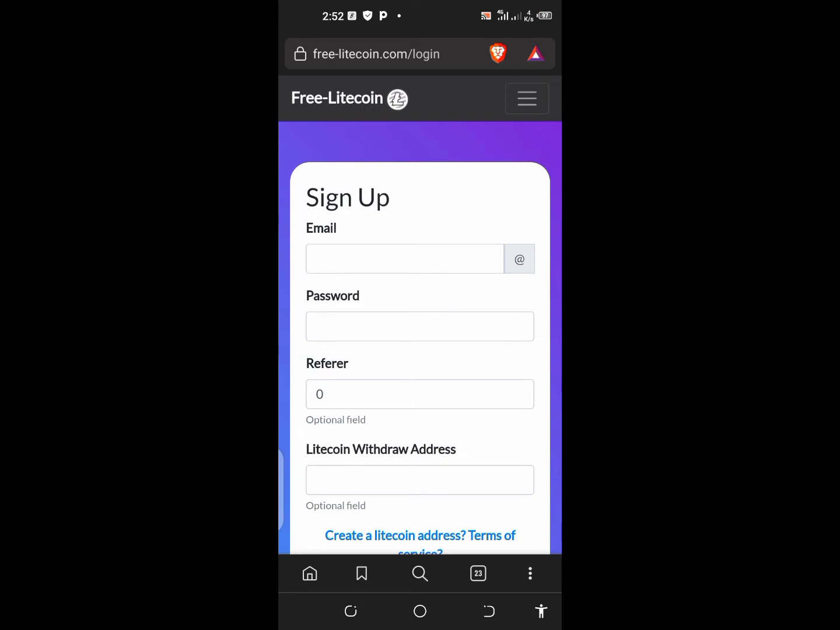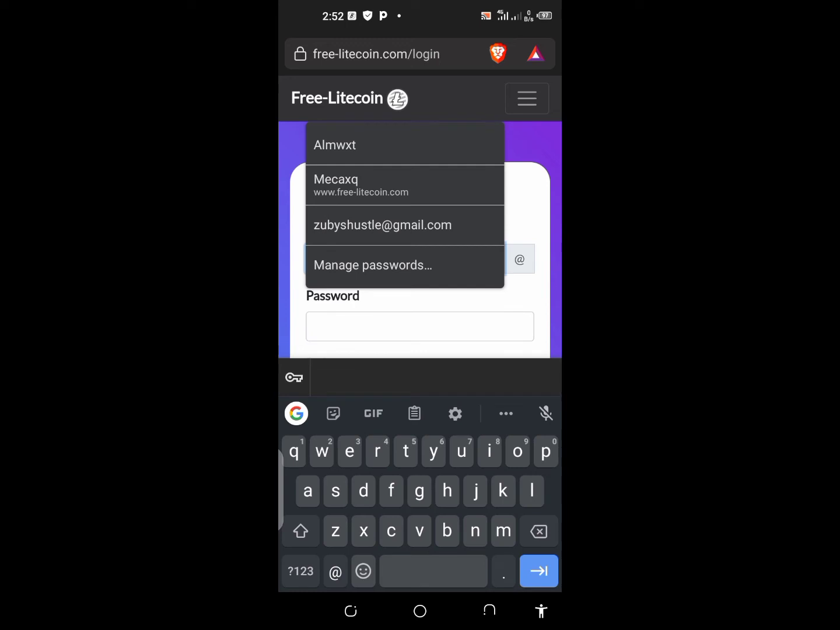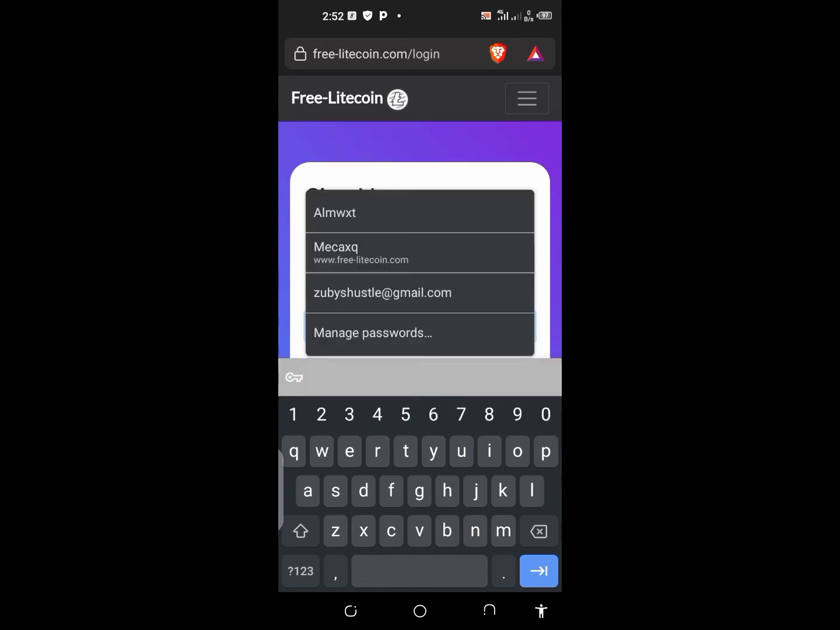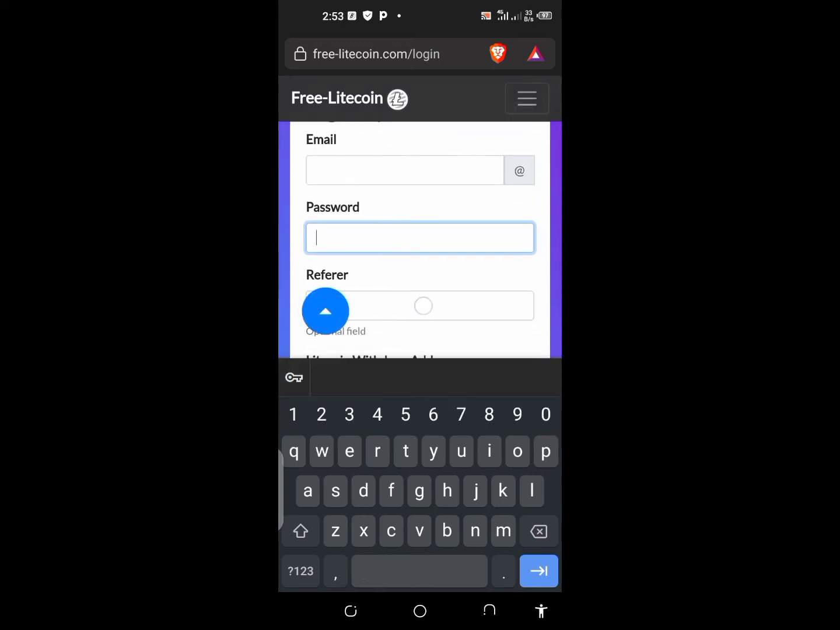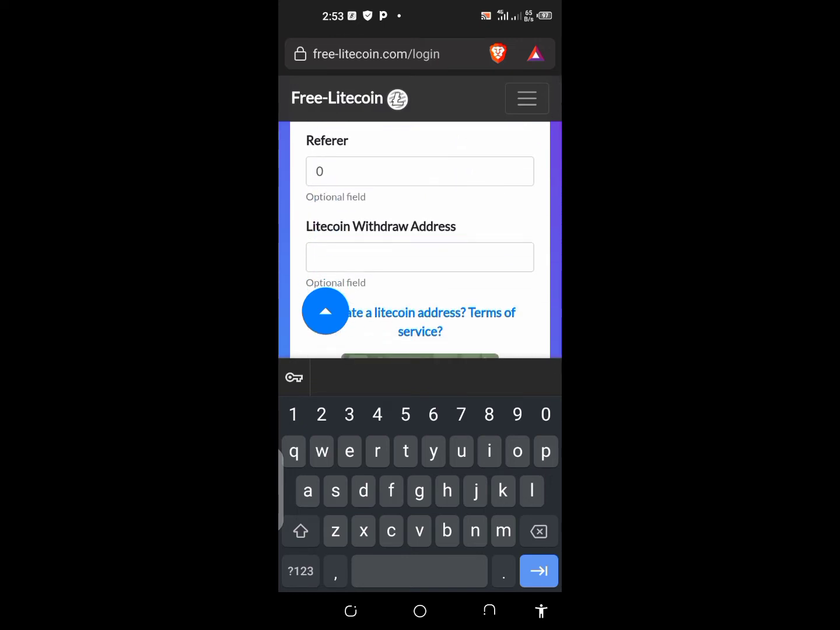So if you follow the link in the description, if you're interested in free Litecoin sites, it's gonna bring you over to this place where you are gonna sign up with the normal things we normally use to sign up: your email address, your password, then optional referee. Now don't worry, if you follow the link in the description, the referral code is gonna be in that place,